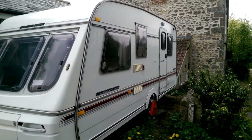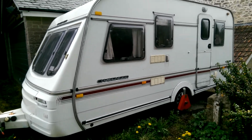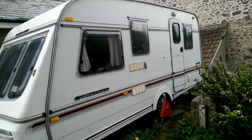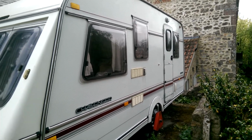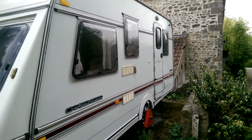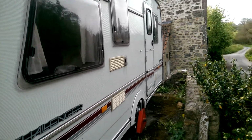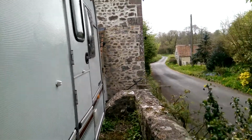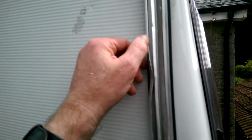So given its age, I think it's in fairly good condition for the age. There's no perceptible damp, no soft spots, no leaks or anything like that. Giving it a good clean as far as I can. There's a few dings and dangs. I just need to straighten up some of the places where the awning goes in, which it does have. It has an awning,